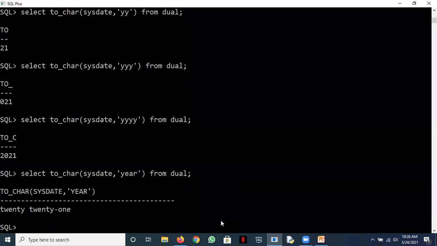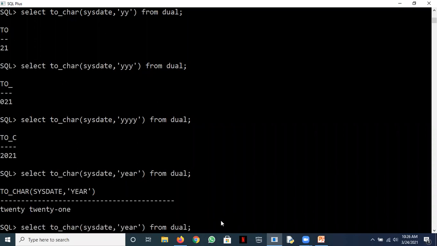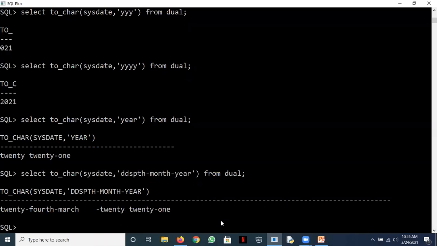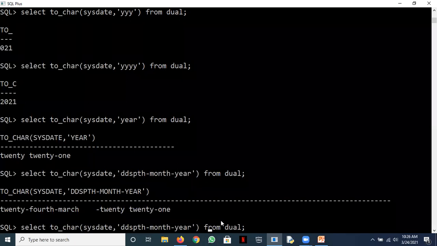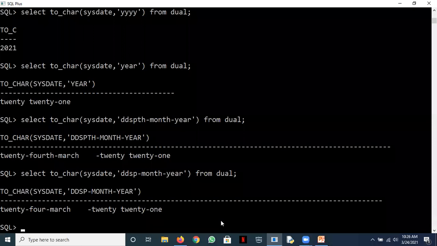Okay, 2021. So if you want to display a date properly, say DD SPTH hyphen month hyphen year. See, 24th March 2021. The DD, if you use DDSP, let's check it now. Be very careful. Let's check it.